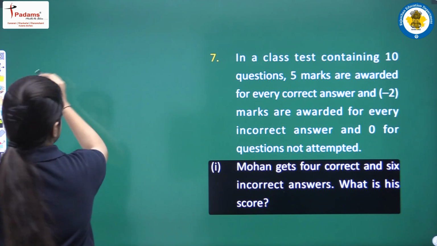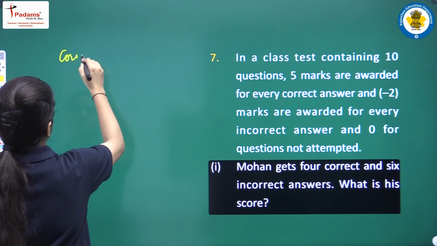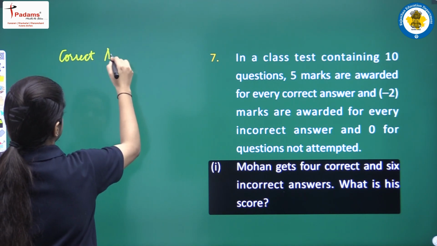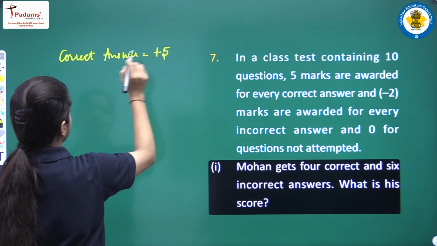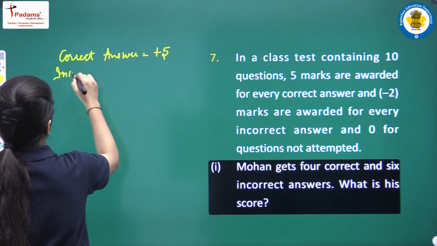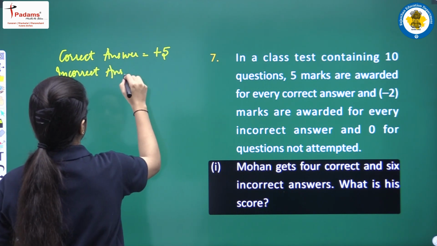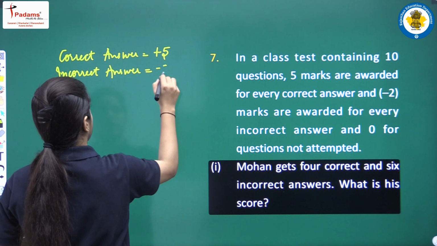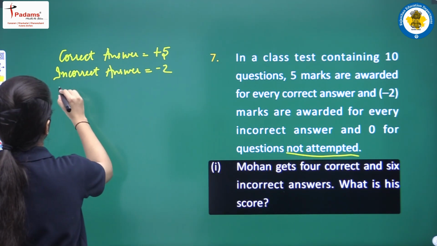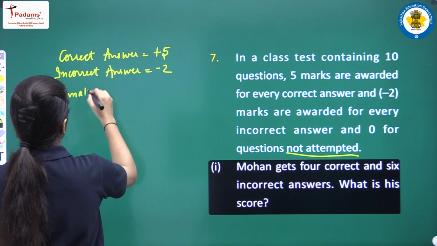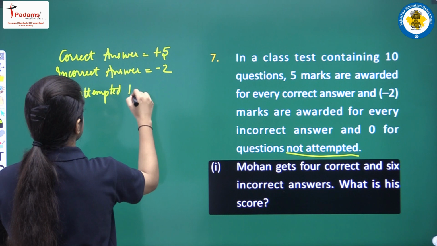So basically for attempting any correct answer, you will be getting plus 5 marks, and for attempting any incorrect answer, you will be getting minus 2 marks, and for unattempted questions, unattempted answers,